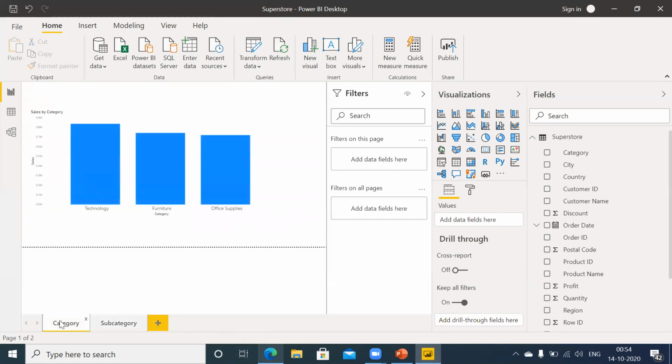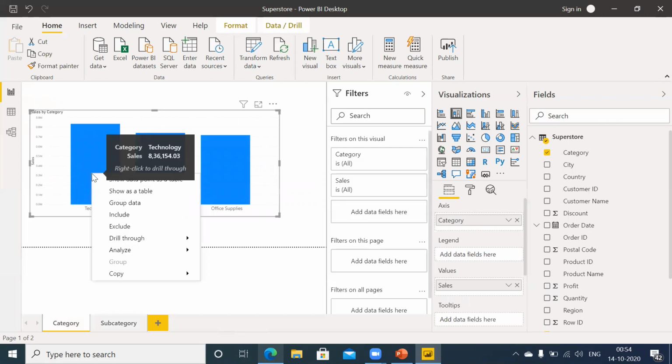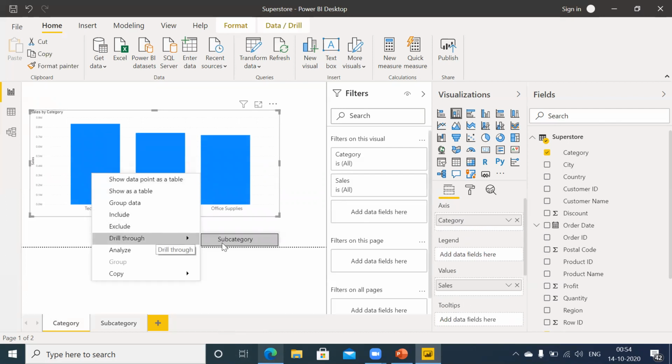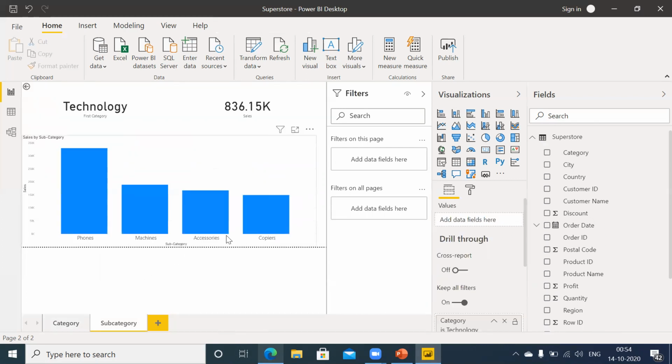So now if I go to category page and if I right click, you can see this option drill through. Now earlier it was not there, and drill through to subcategory. This is the page name. If you drill through, so see guys, technology and technology related sales and technology related subcategories.